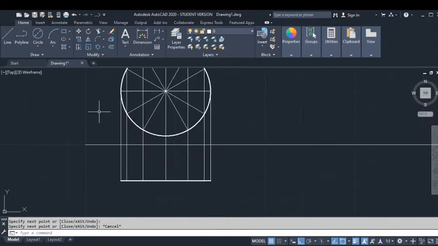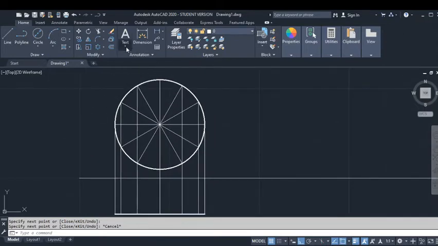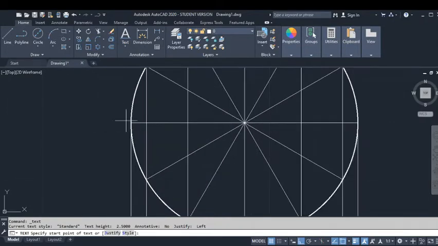circular plane. Further, I'm going to make use of the single line text command and I'm going to give the names for the divisions which I've made to the circle. So I'm going to specify the height to be 2.5 units and the angle as 0, and I'm going to give the text. So I'm going to give the text in the sense of alphabet. So it's going to be A dash.